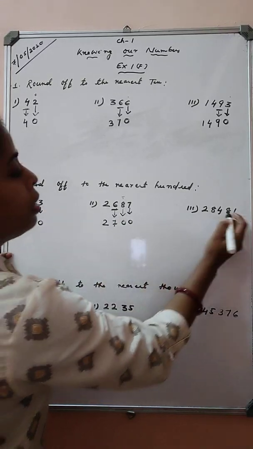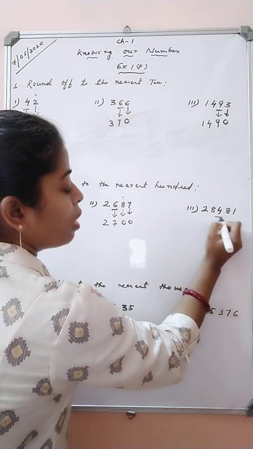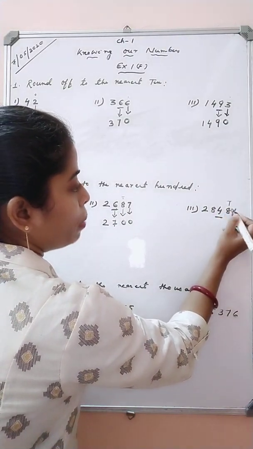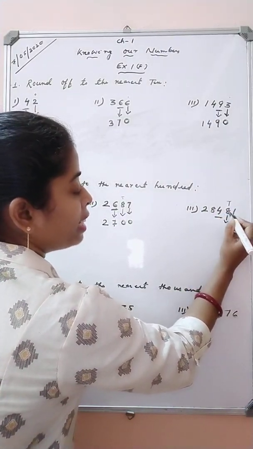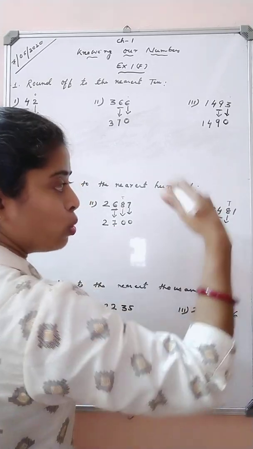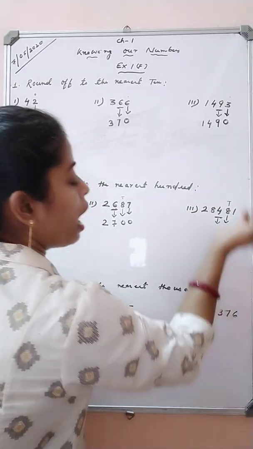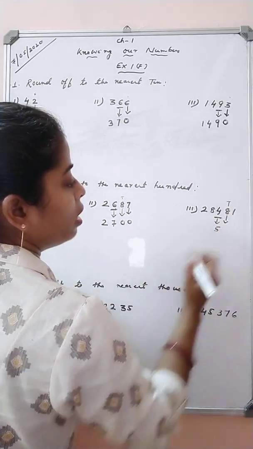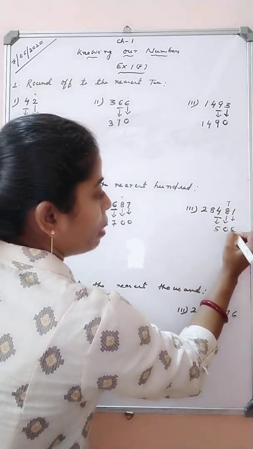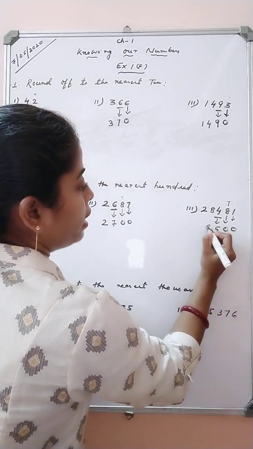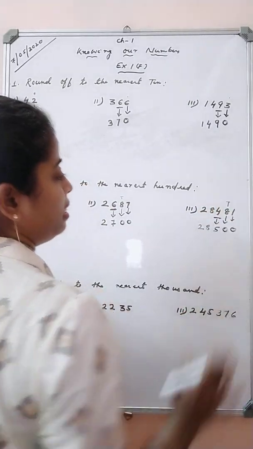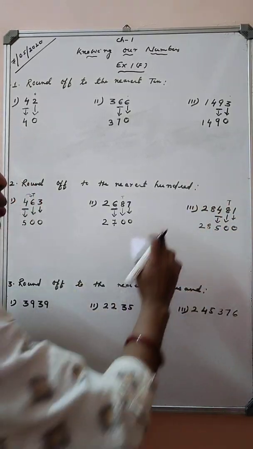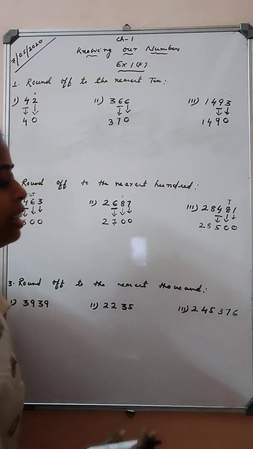Next question. Ones, tens, 100. This is our rounding place. So according to the rule, we will see the digit at tens place. Our digit at tens place is 8. It is more than 5. So we will round up. So 4 will become 5 if we add 1. And these 2 numbers will be replaced by 0. And 8 and 2 will be written as it is. So 28,481 got rounded to 28,500. Okay, students.